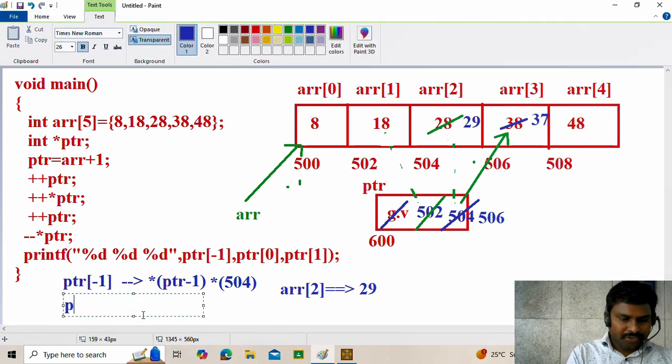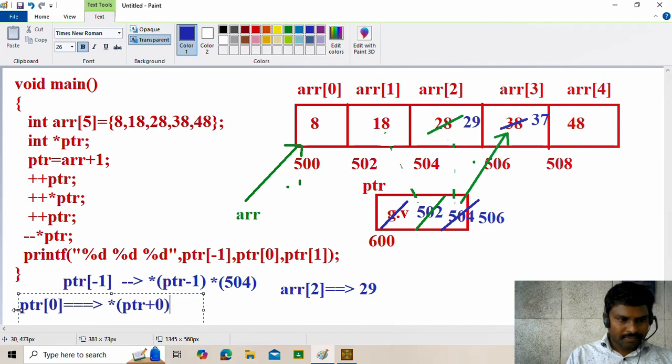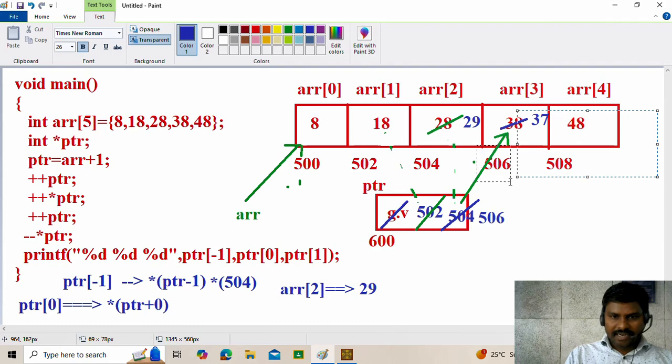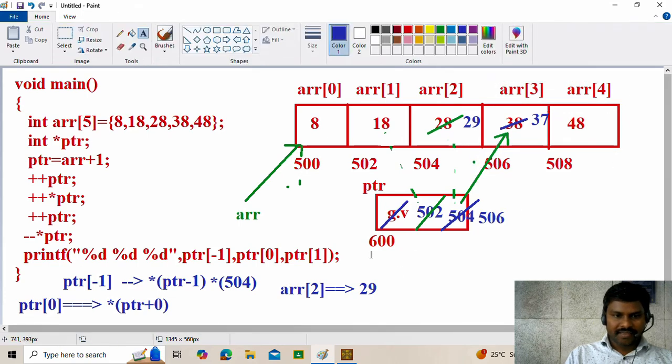Next, ptr of 0. So ptr of 0 can be written as asterisk ptr plus 0. So ptr is 506. Asterisk means 506 address variable, that is arr of 3. So arr of 3 value is 37. Next, ptr of 1, this can be written as asterisk